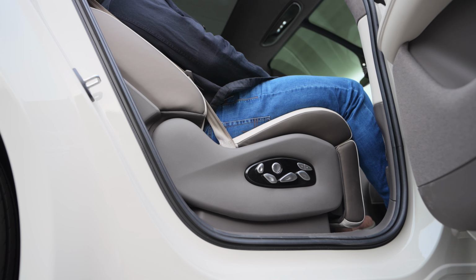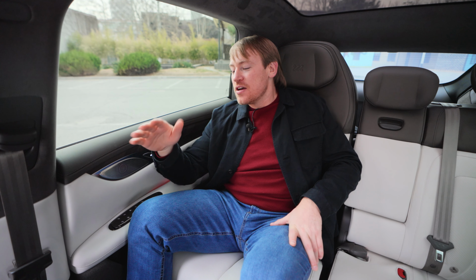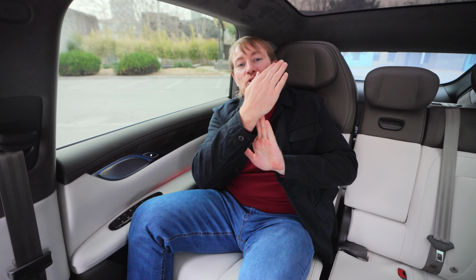I'm getting a massage and the seat is heated. Talking about the back seat, this is why I want to Uber this car every time I order a car. This is called a zero gravity seat. There's a ton of options here, and one of the options is to recline all the way back to the